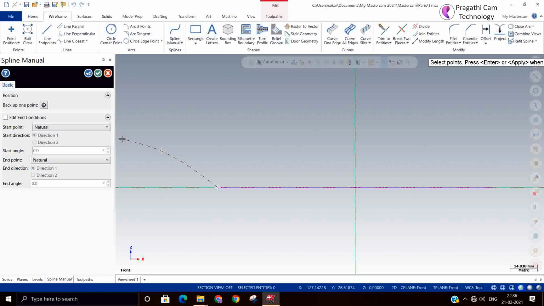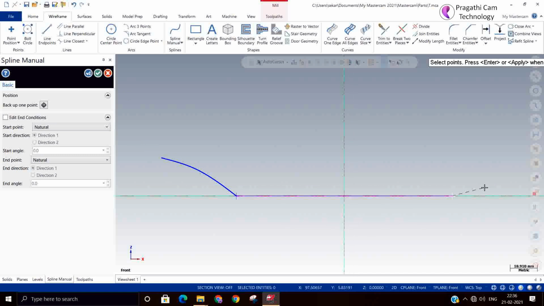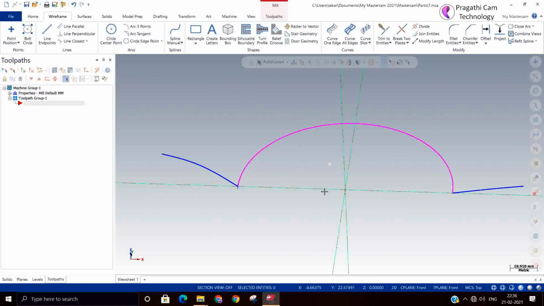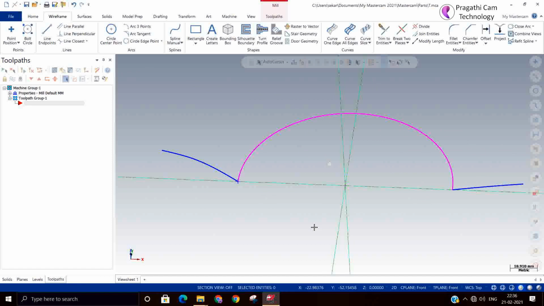So I'll make one spline. Two splines I have made in two different shapes and heights.